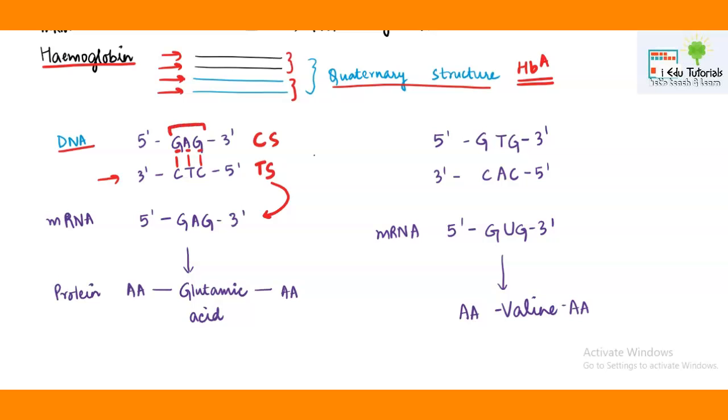One codon has been given to you. We will discuss in detail about codons and the molecular basis of inheritance. Right now, I just want to tell you how a single change in the base can bring devastating effects. So this is the DNA, double-stranded, and it has given rise to this sequence by transcription. You can see that this messenger RNA is coding for an amino acid, and that is glutamic acid.